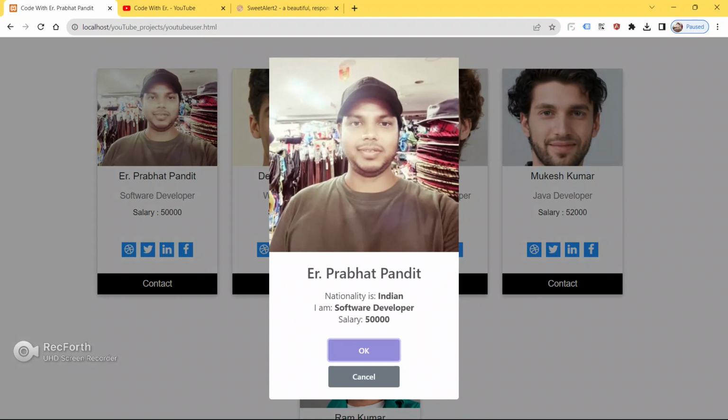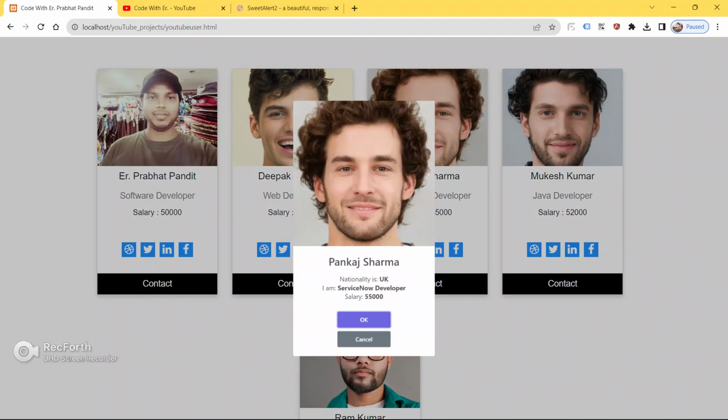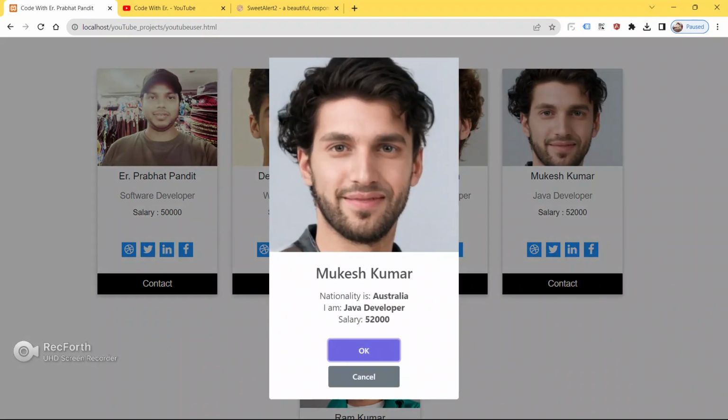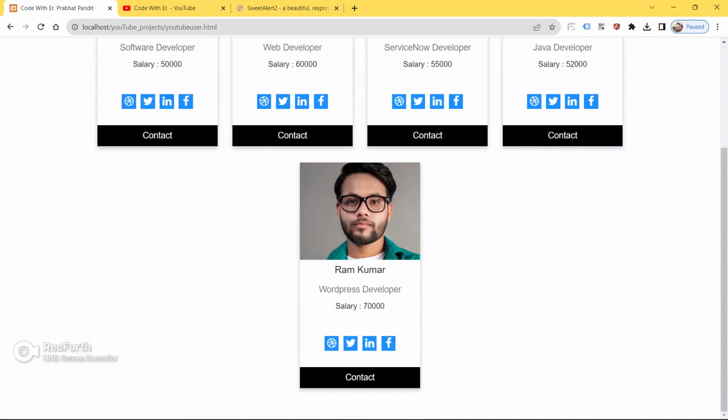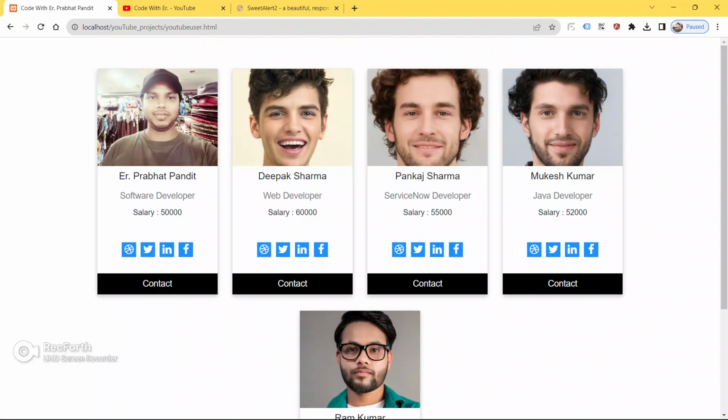Okay, see guys, see the application, it looks so awesome and so smooth also. Okay, so you can use this kind of effect, this kind of application in your project also. It's very good guys to have this kind of information, this kind of knowledge in our knowledge base.